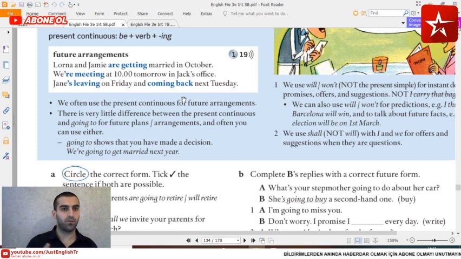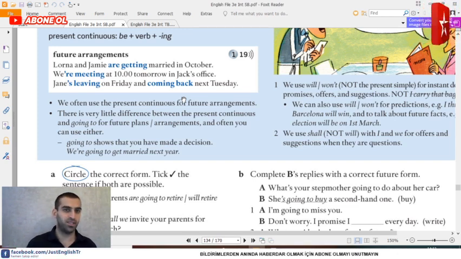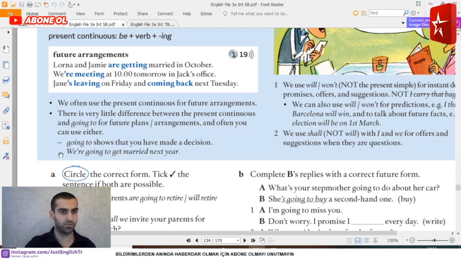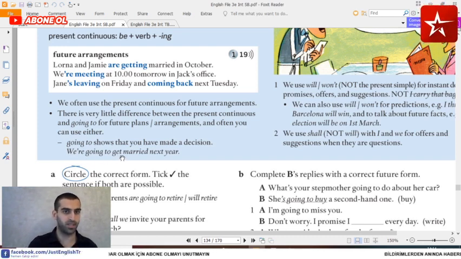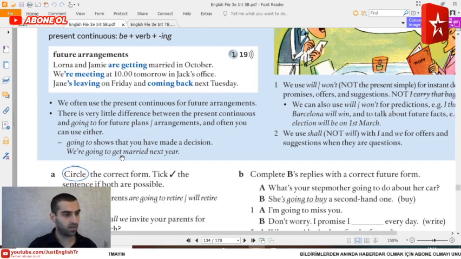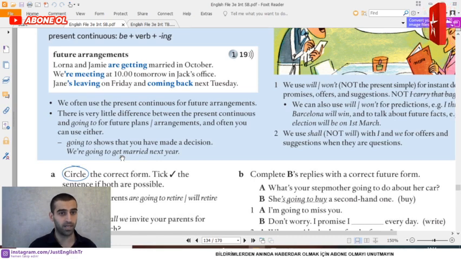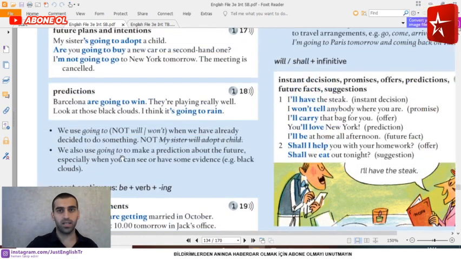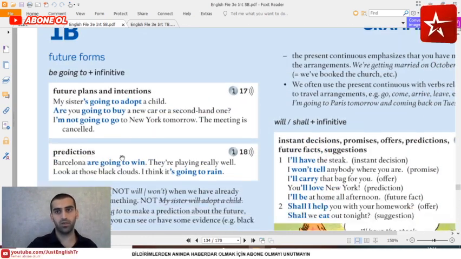For example, going to shows that you have made a decision before. We are going to get married next year. From this example, you can say we are going to get married next year. So this is be going to, as Elif said, for plans. And here, you can see